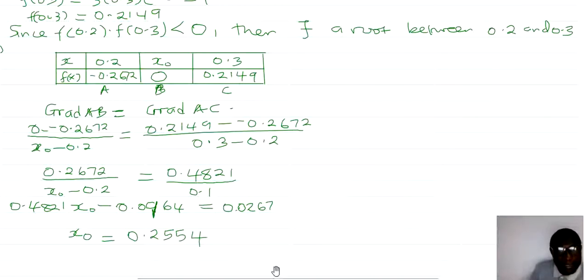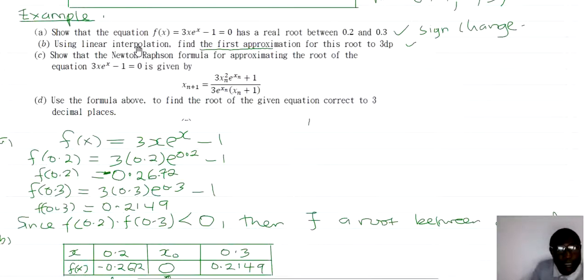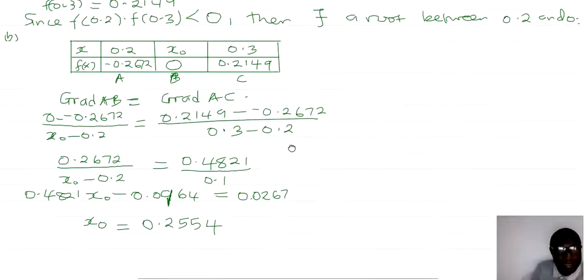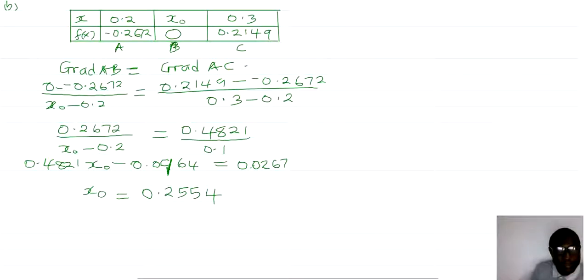But they needed this to 3 decimal places. So that means we have to write our answer to 3 decimal places. So when you round this off to 3 decimal places, x0 is going to be 0.255. This is to 3 decimal places. So we are done with